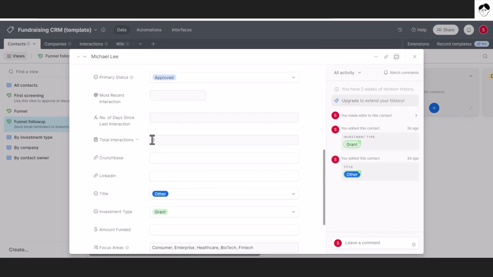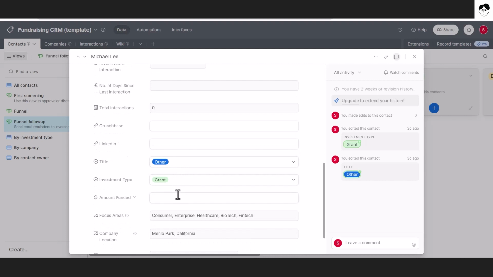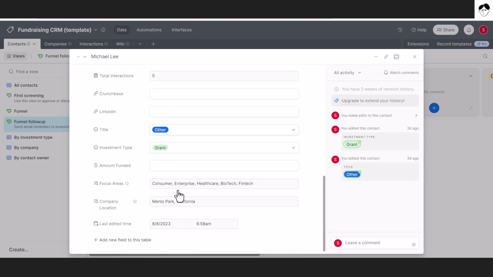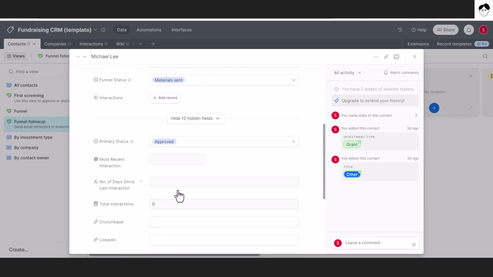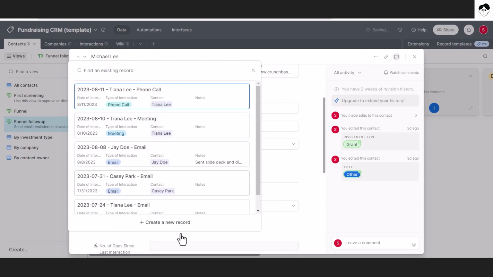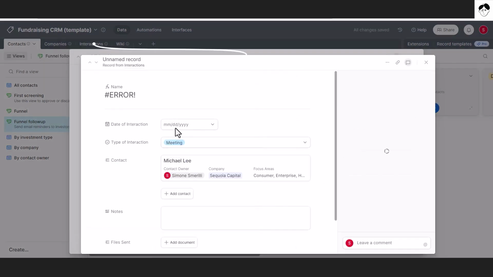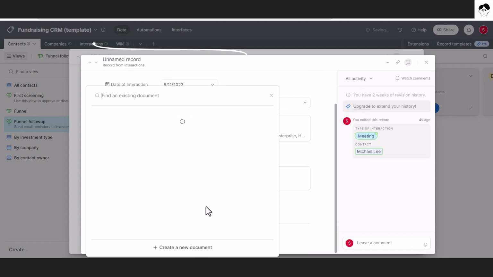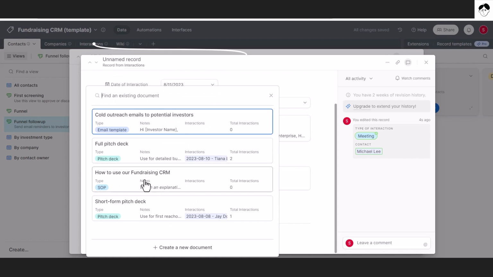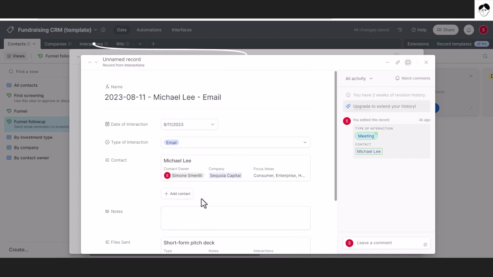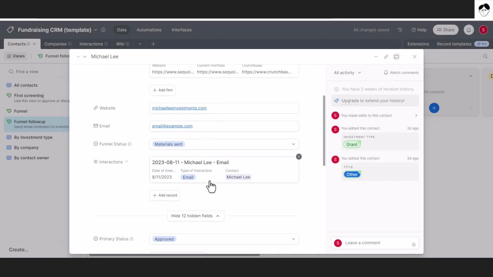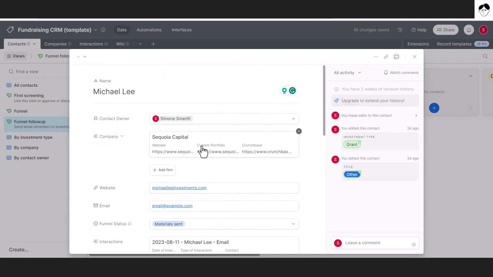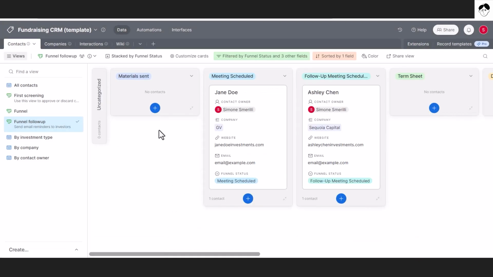there are 0 interactions. So we need to follow up with this. And we can add an interaction right here. Adding record, we want to create a record here. Let's say that's today. And that was an email that we sent to Michael Lee. And we sent the short form pitch deck. That's the interaction here. And since now the latest interaction is today from Michael Lee, that contact has disappeared from